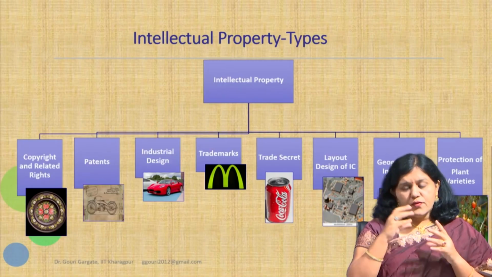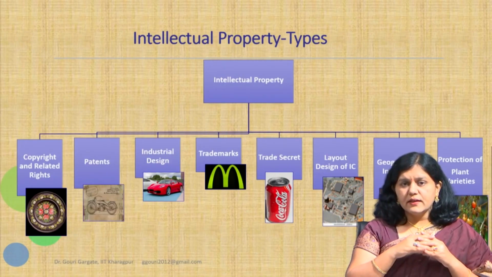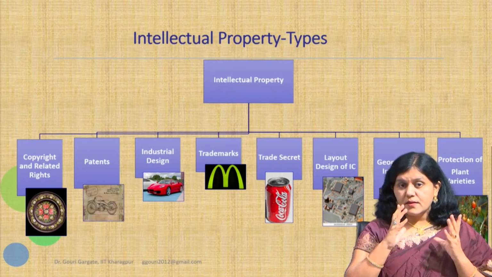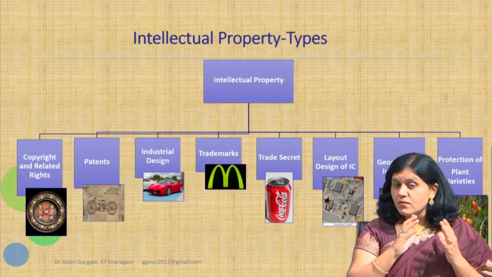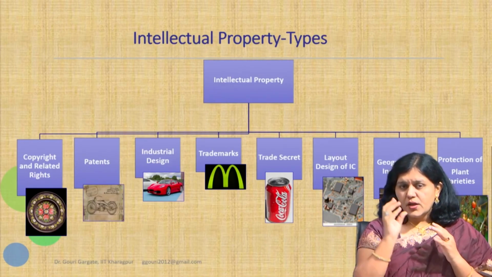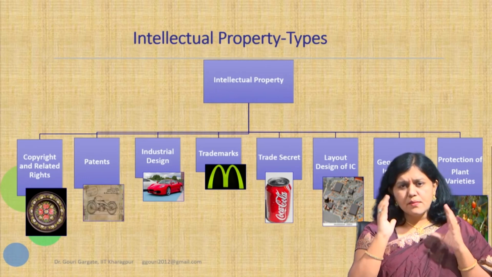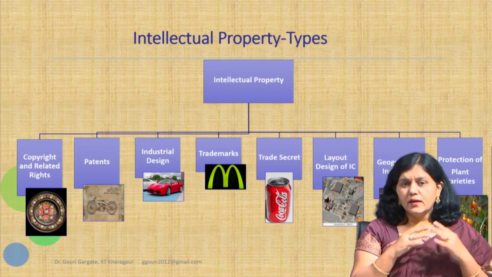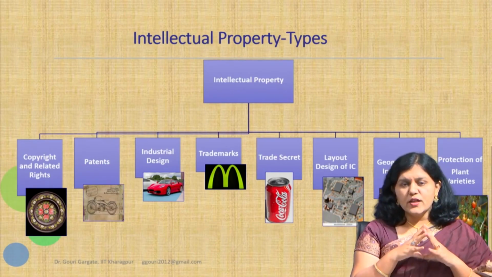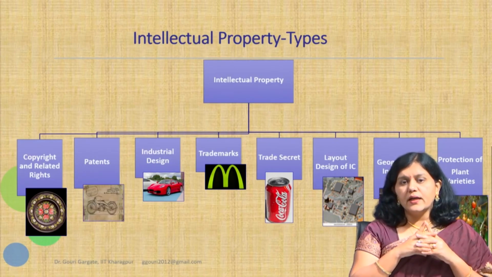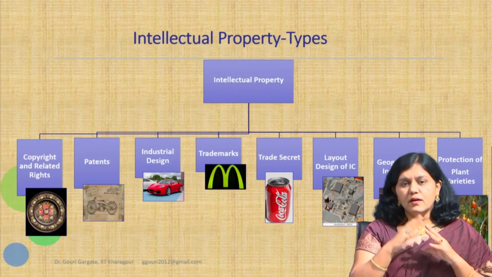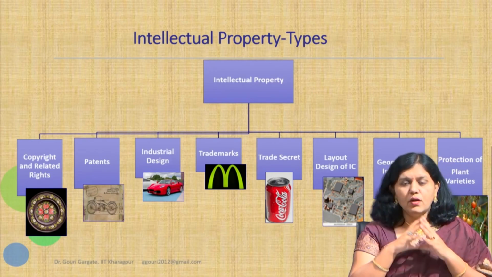Then the next type, which you are very well versed with, is the trademark. If I say Bata, Tata, Reliance, Bank of India, State Bank, certain words come and you relate them to something. For example, if Tata comes, you immediately remember that Tata cars are there, Tata salt is there, Tata hospitality services are there. When I talk about Bata, you immediately imagine Bata showrooms, the footwear business, and the quality of that thing.